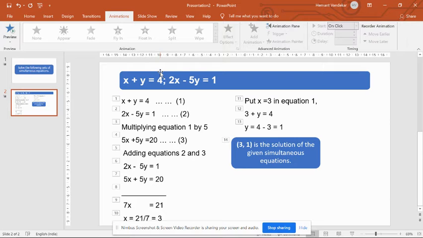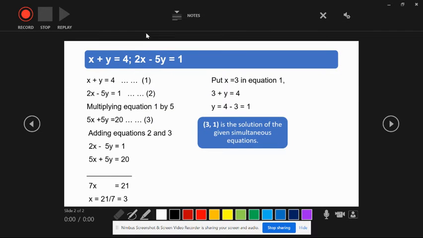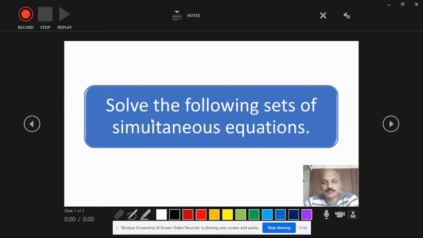Now your PowerPoint is ready for actual content, actual video making. So now what you have to do is go to slideshow and then go to record slideshow. When I press record slideshow, it generally gives you this. Right now I'm in the first slide, and now you can see my video is also present. This is the button where you can turn your camera on and off, or if you don't want your voice, or if you want to turn the camera preview off. This can be turned off as well, but it's good that the one who is giving the presentation should be visible. So this is how you can do it.